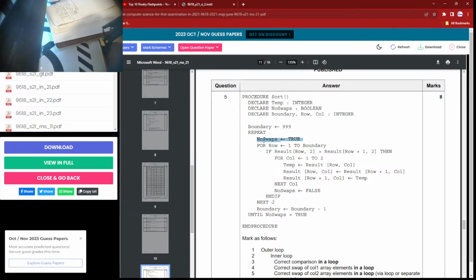So you would firstly have no swaps, and for row is equals to 1 to your boundary. If the result for your first row, second column, is more than your result of your row plus 1, second column, then for column 1 to 2,